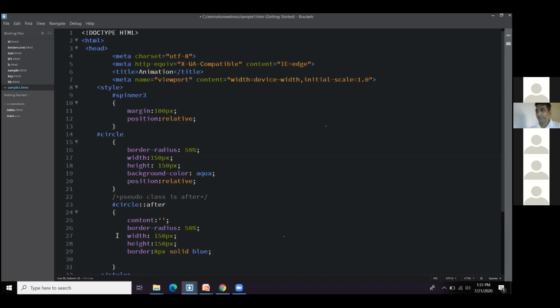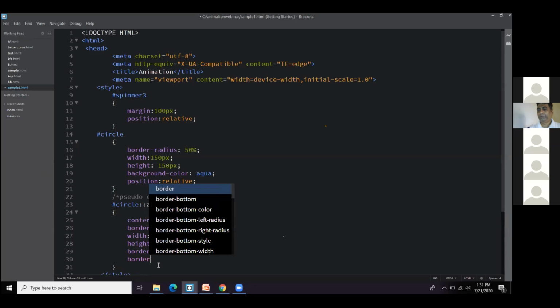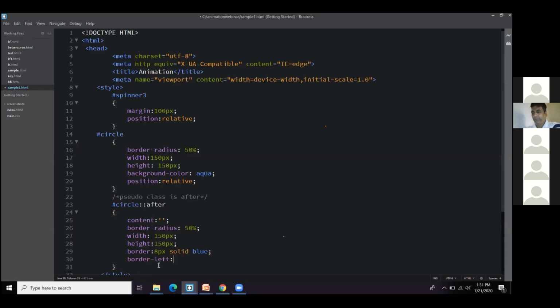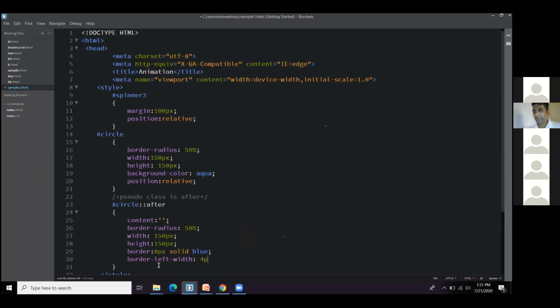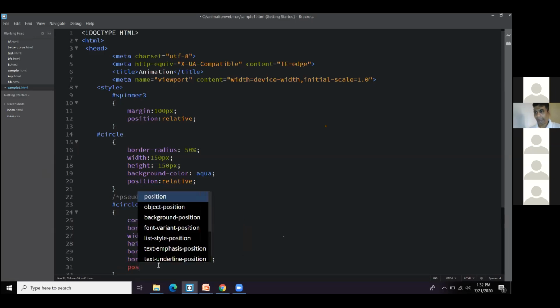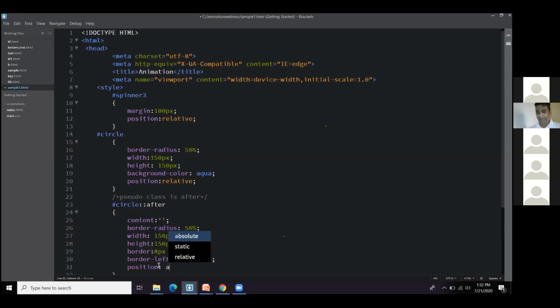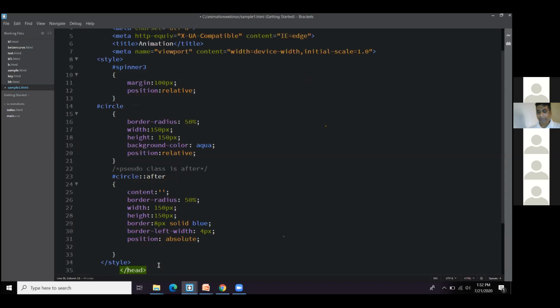So let me set the positions over here. So border, left side border, I need it little bit. Let me decide the left side style border width as 4 pixels, as I need a thicker and a thinner border. Position, it should go along with the parent. So that's the reason I need to mention it as absolute, because its parent is your spinner 3.